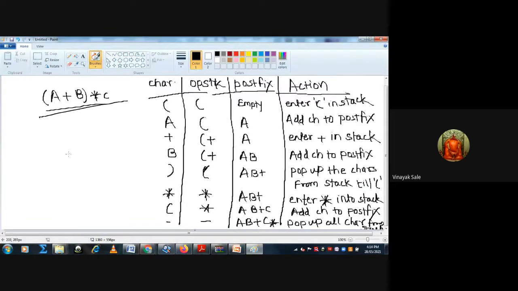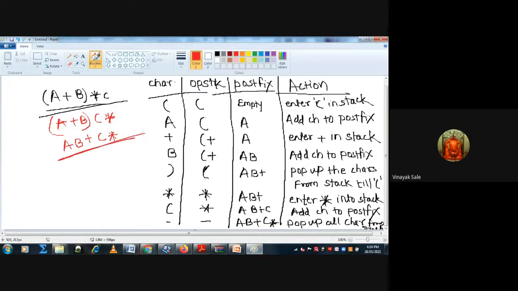Simply, we convert it as follows: the first operand is the bracket, that is a plus b. This is the first operand. The second operand is c, then the multiplication sign. Then solve this bracket: a b plus, then c multiplied by.